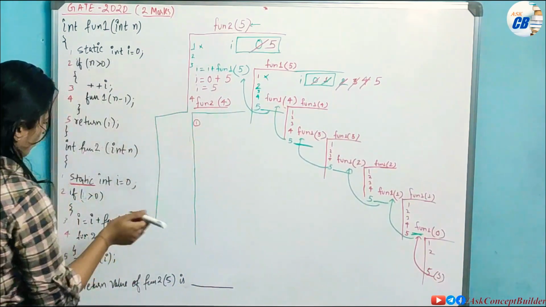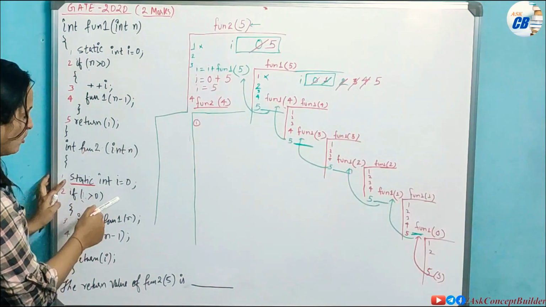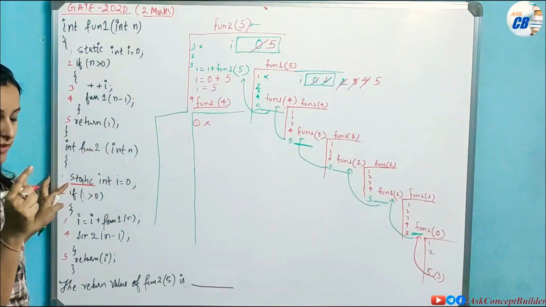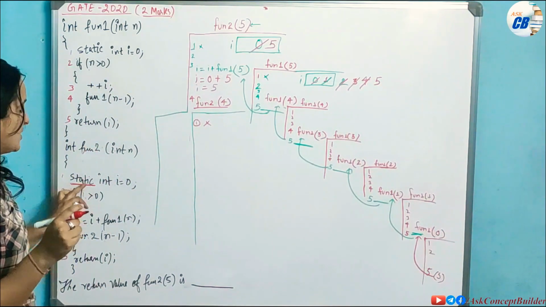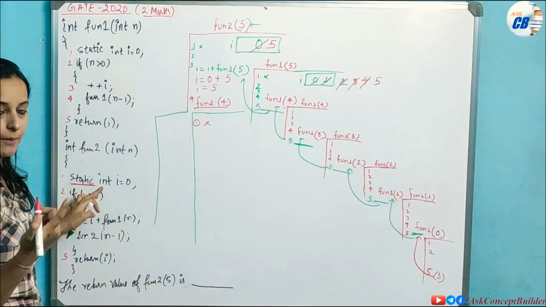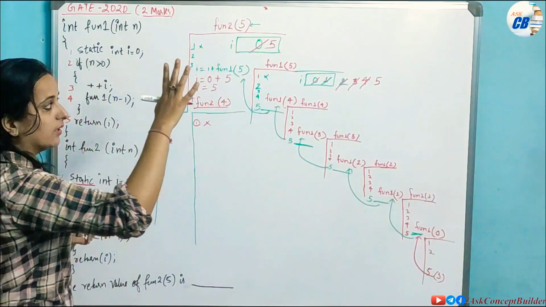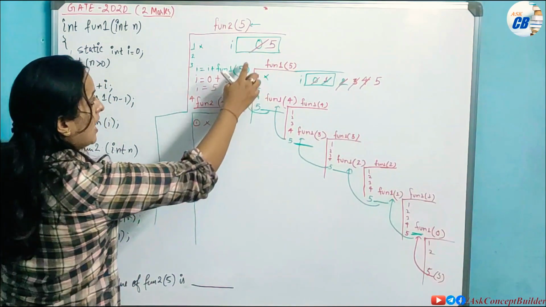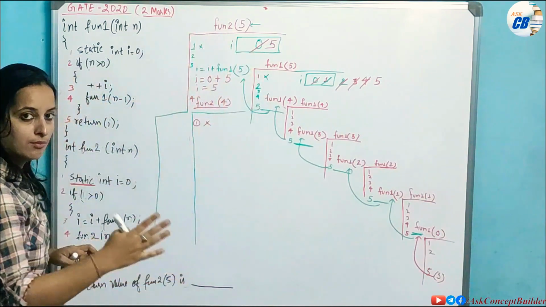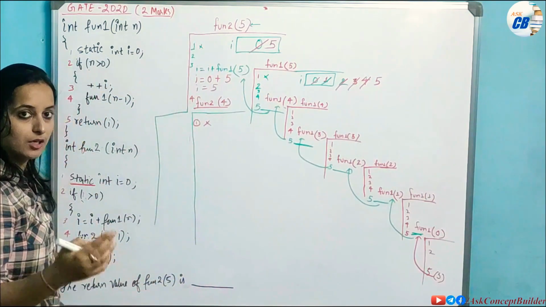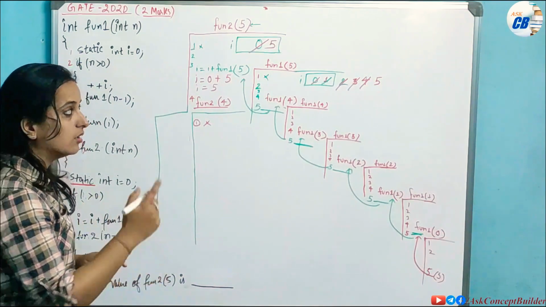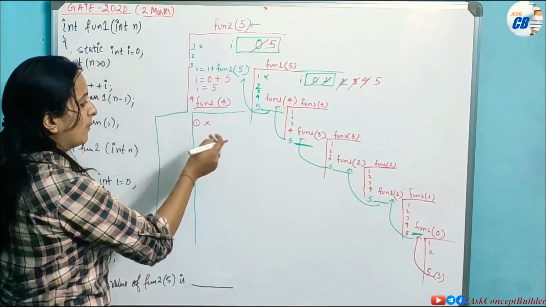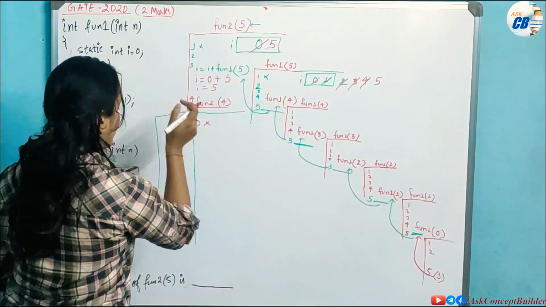The first statement is static int I equals to 0. Again, because this is static, this statement will be skipped. Because it is static, I has already been created in memory at compile time, so I will be this only, it will be 5 only. This 0 value will not be changed because the statement will not be executed. I is static, so it will remain the same for the entire fun2 function. As many times as it is called, the value will be that only, and whatever changes there will be, will be in this only. No new I will be created for it. So the first statement will be skipped.